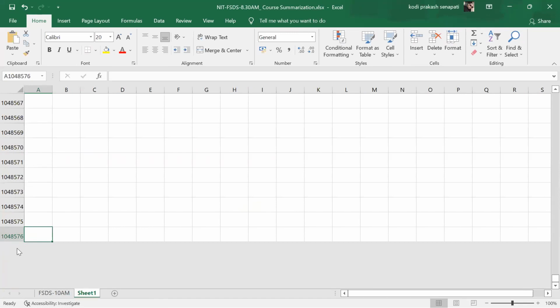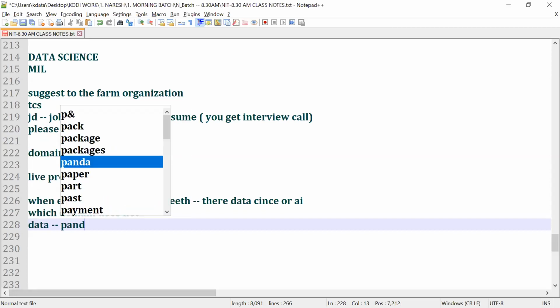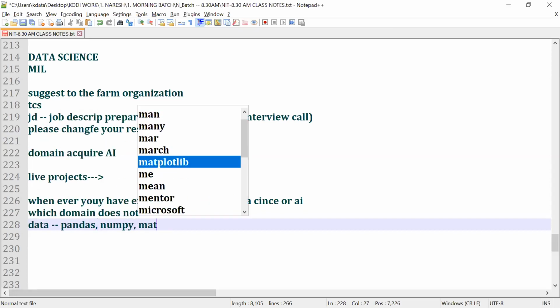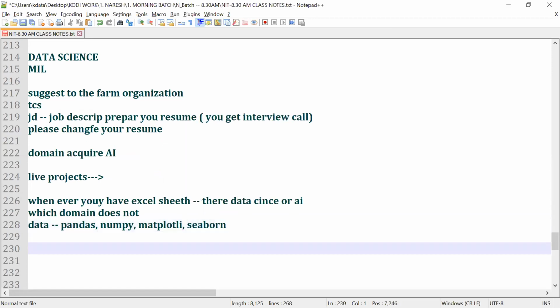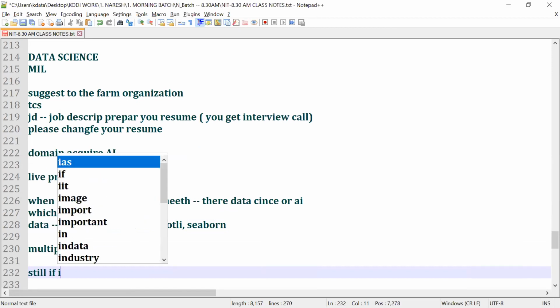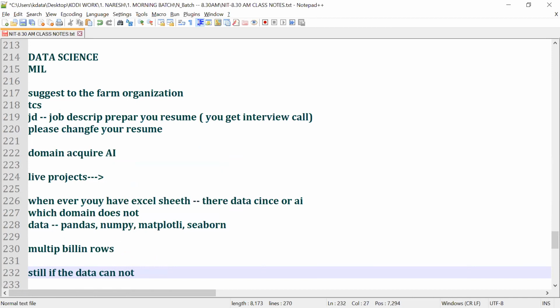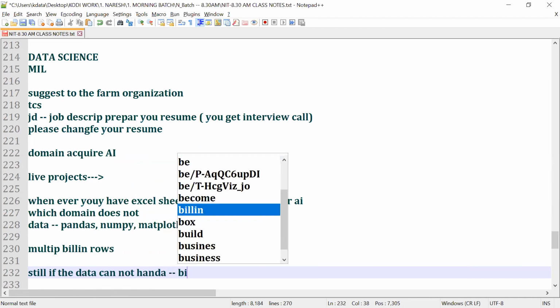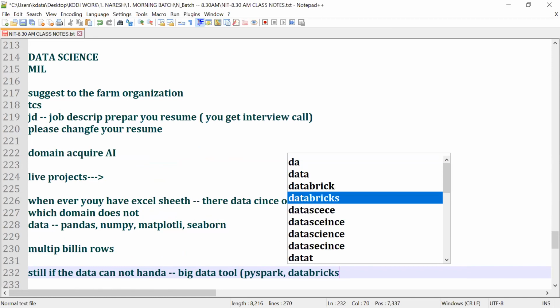To make your business grow, that's why I want you to learn data analysis with the help of pandas, numpy, matplotlib, and seaborn, so that it handles multi-billion rows. Still, if it is slow, if the data cannot be handled, then we need to introduce a big data tool called PySpark or Databricks.